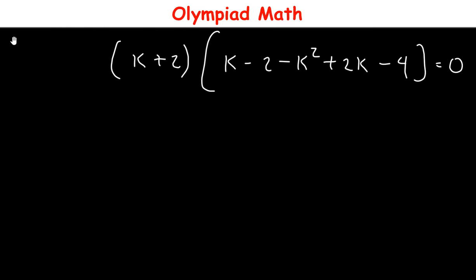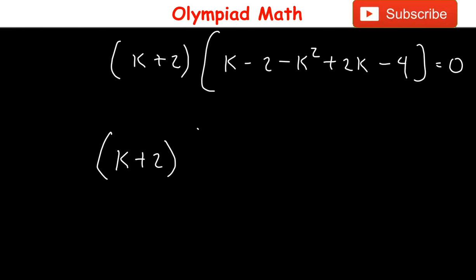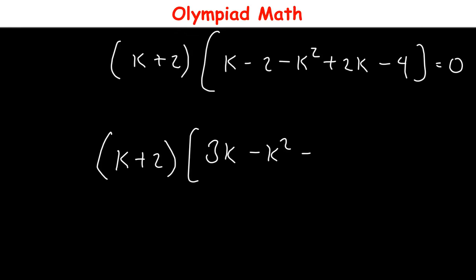So from here we have in brackets k plus 2 then multiplied by, so k plus 2k is equal to 3k, then we have minus k squared, minus 2 minus 4 is equal to minus 6, and this equals